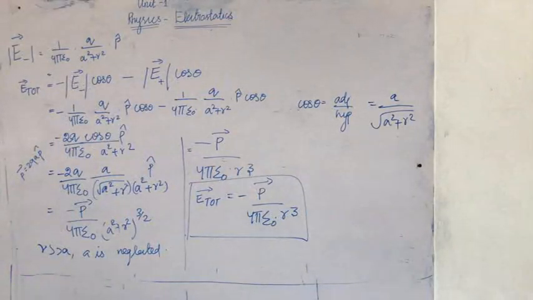Okay? Do you understand? In the previous one, electric field due to an electric dipole at points on the axial line, the value of electric field is 2p vector, and here p vector. And in that one, the direction is positive, and here the direction is negative. These are the two differences between the equations. Now, we are going to see another derivation.